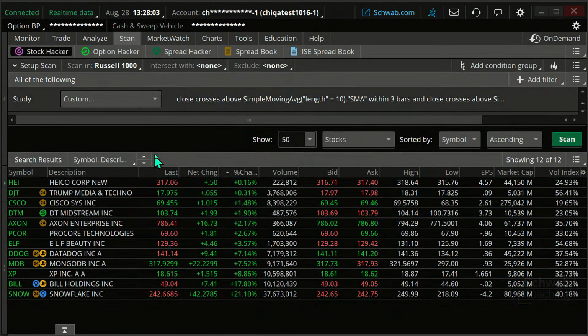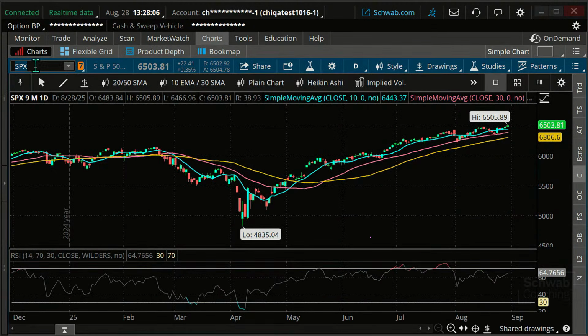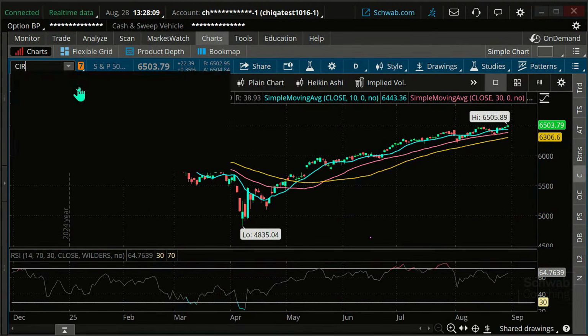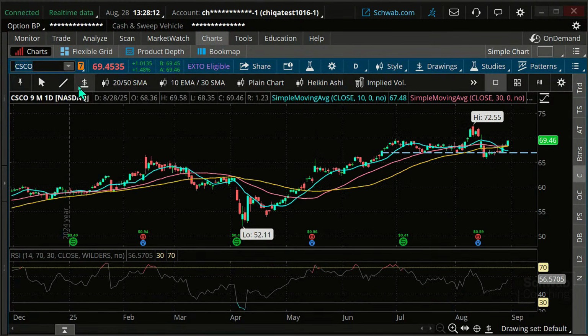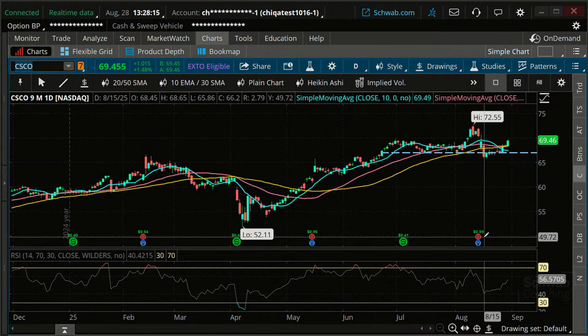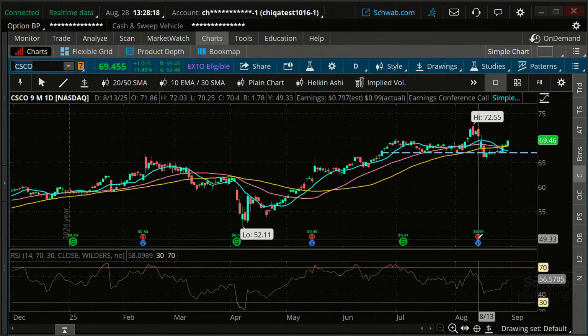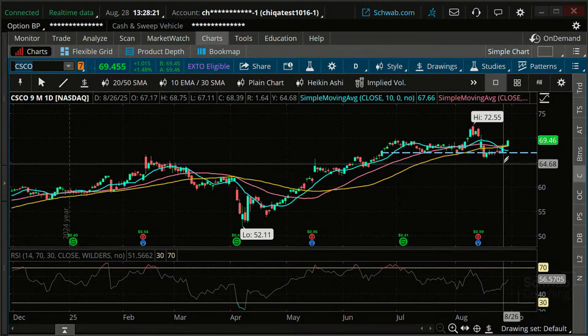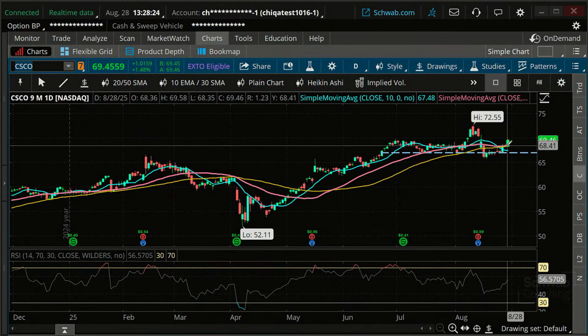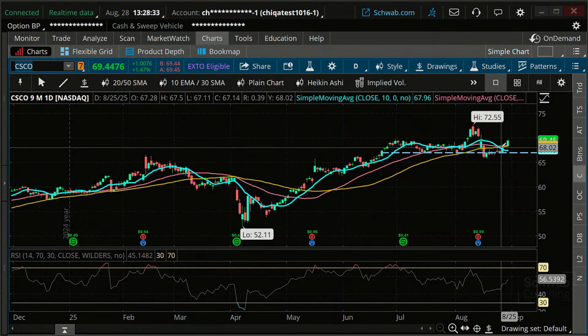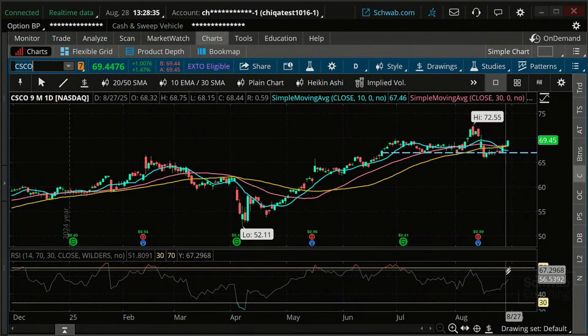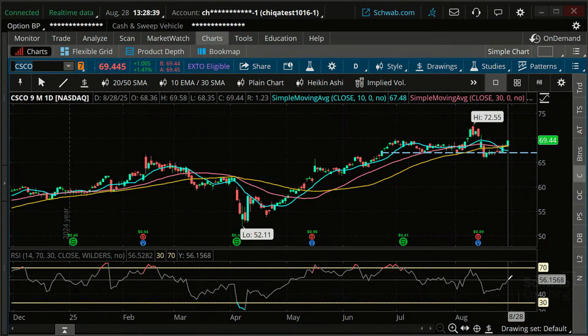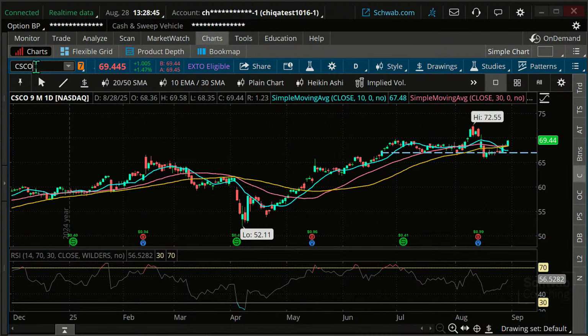Let's go and just take a look, okay? So let's look at Cisco here for a sec. And what was our scan? Our scan was that we don't have earnings in the next month, essentially. Well, we just had earnings on Cisco. That's not an issue, okay? This scan is for stocks that have crossed above their 10-day, their 30-day, and their 50-day moving average in the last 3 days. Right there, okay? You can see I have those on the graph there. It's also for stocks that have upward momentum. Right there on that. You see that? So that is how we can verify those conditions.